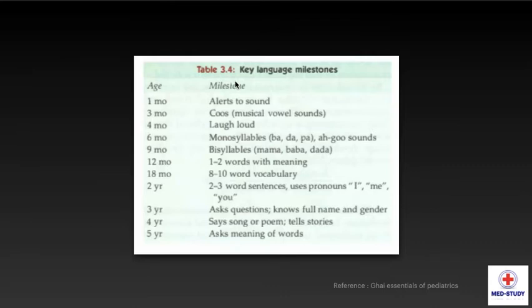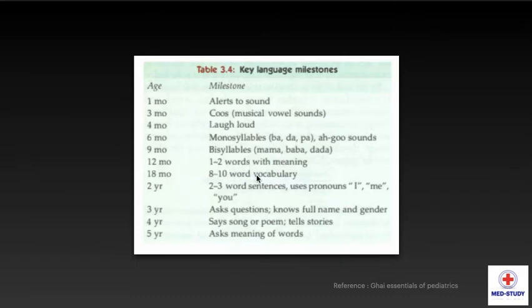Key language milestones include at 1 month alert to sound, 3 months coos, that is musical vowel sounds, at 4 months laughs loud, at 6 months monosyllables like ba, da, pa, at 9 months bisyllables like mama, baba, dada, at 12 months 1 to 2 words with meaning, at 18 months